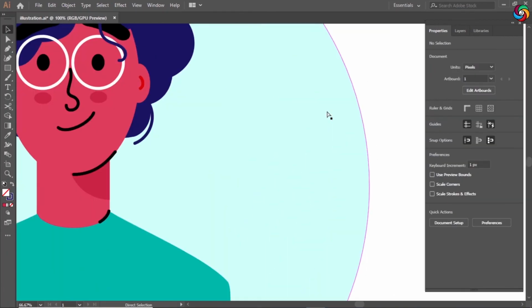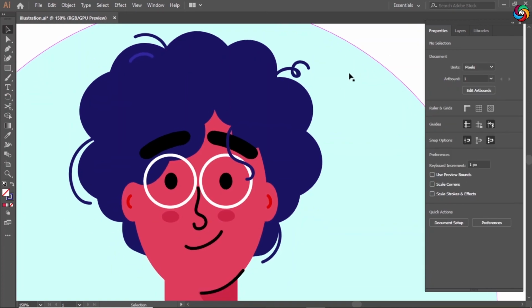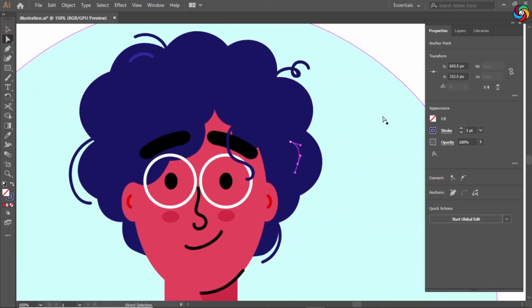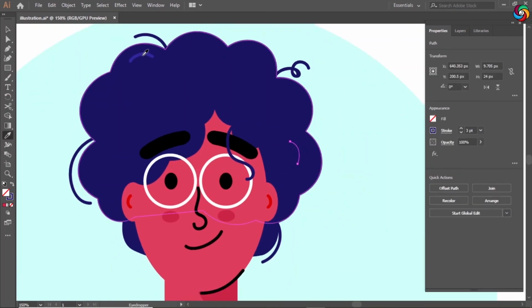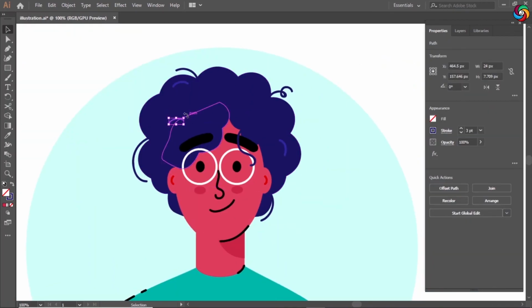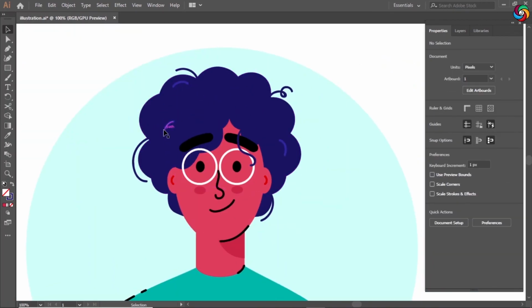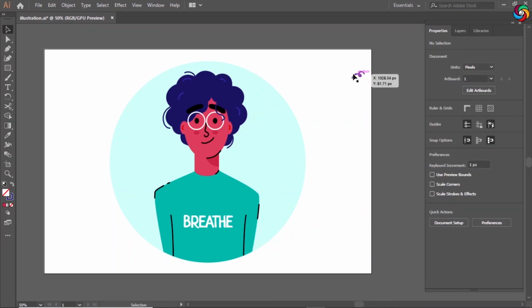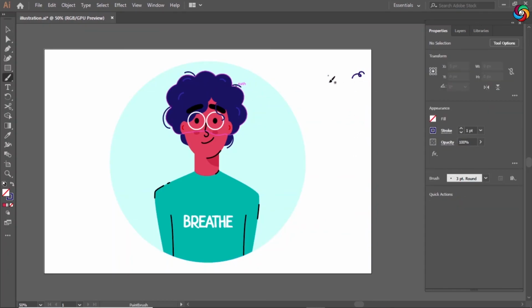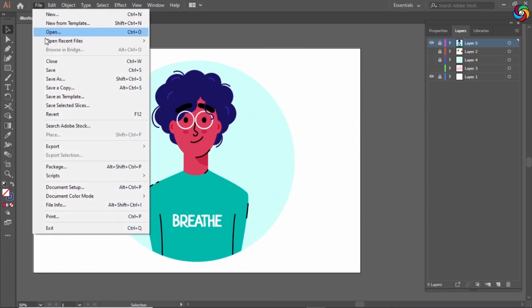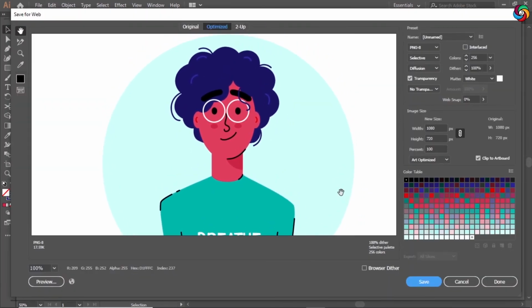Finally, I am adding some highlights on his hair. I'm using a blue color, but I'm changing the blending mode to screen. I decided to change this curly hair strand as well and fix the nose a bit too. After that, I'll be saving my work and finally exporting it for the last time.